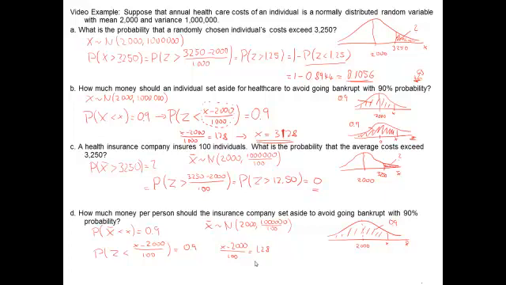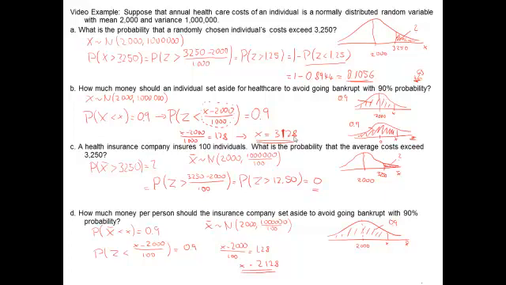And let's solve for little x here. And that gives us little x equals 2,128. So the amount of money that the insurance company should set aside per person is 2,128. Now this is much less than an individual needs to set aside to avoid going bankrupt with 90% probability,